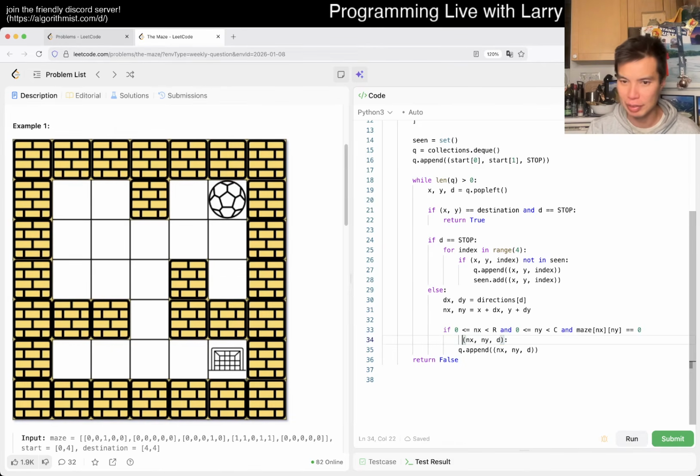This needs to be: if this is not in seen, then we append it, right? But we need an else on this part. The else on this part means that it is either a border or out of bounds, then we stop, right? If we stop, then we append xy stop. But that's only assuming that we haven't seen it yet, right?